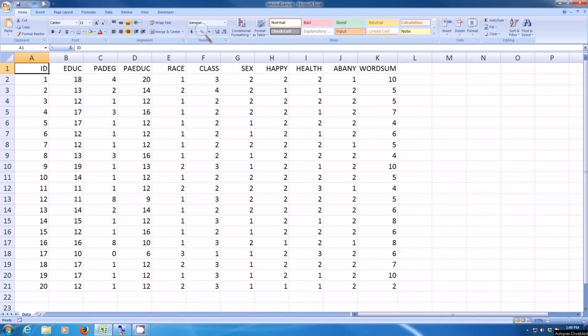In this detailed example, we're going to look at measures of central tendency for 3 variables using the random sample of 20 cases from the 2012 General Social Survey. So let's suppose that we wanted to look at the measures of central tendency for 3 variables: education, race, and